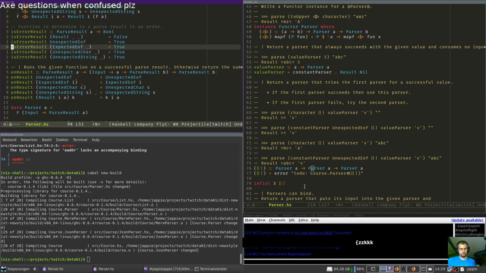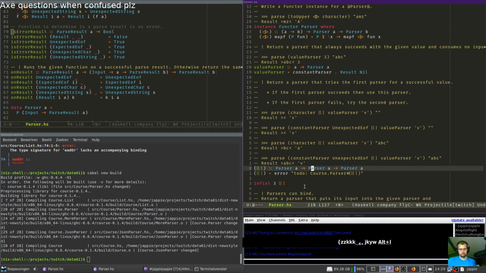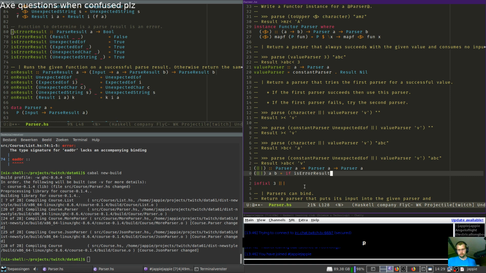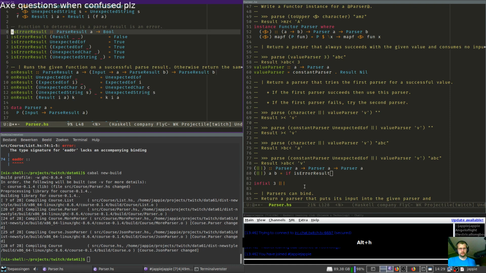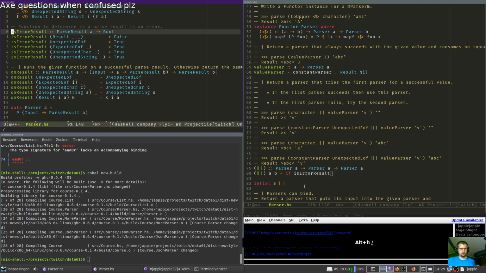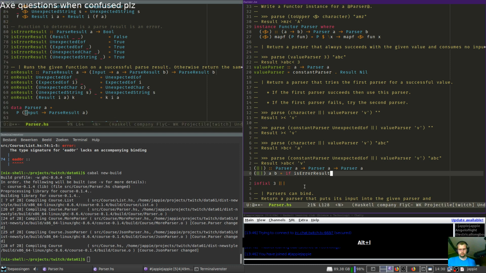It's error. Oh, wait. There's a bit of a problem because we don't have a parse result, we have a parser. So it doesn't fit in here. How do we get a parse result? Well, if we go into the thing, we can get a parse result. So we just add a bunch of lambdas.